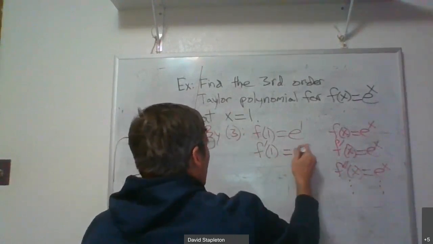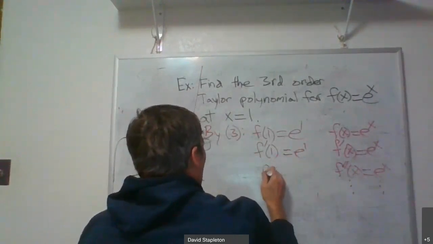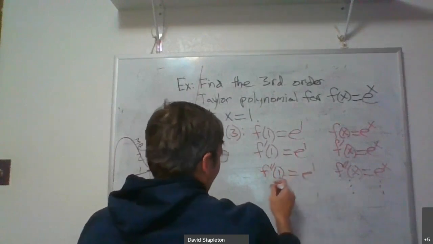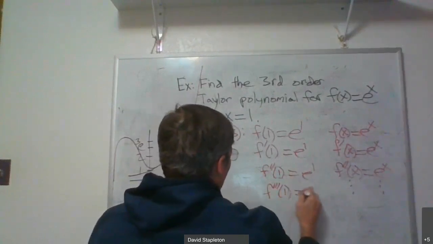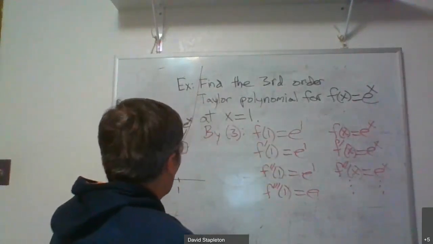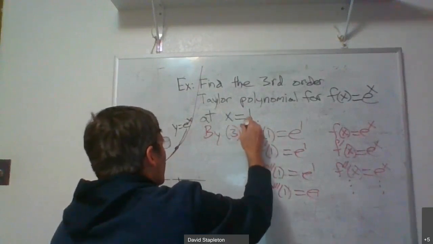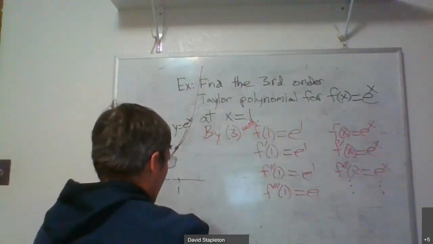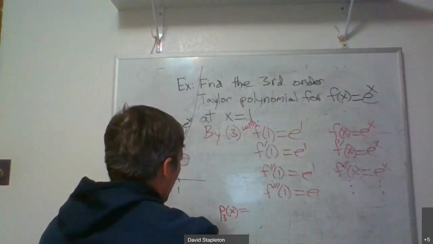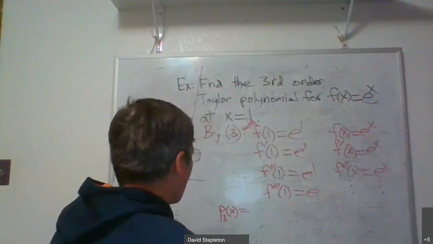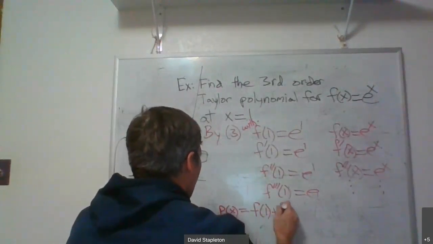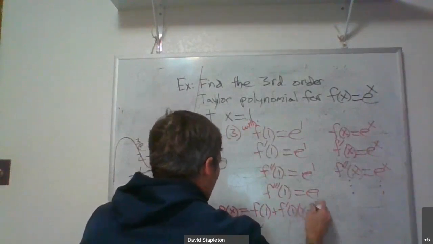Because now f prime of 1 is also e to the 1. F double prime of 1 is e to the 1 equals e. And f triple prime of 1 is e. So all the derivatives at 1 are equal to e. And now, by equation 3 with these values, we get that P3 of x, the third order Taylor polynomial, is